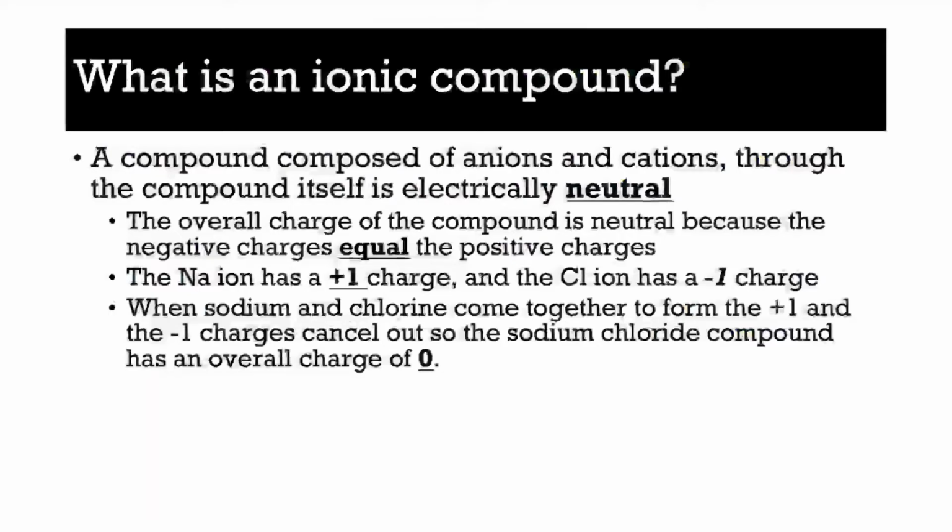What is an ionic compound? It's a compound composed of anions and cations. Remember, these are your negative nonmetals, and these are your positive metals. And again, even though you have negative and positive stuff, the overall compound is neutral because the number of positive stuff has to equal the number of negative stuff. So that's why you have,